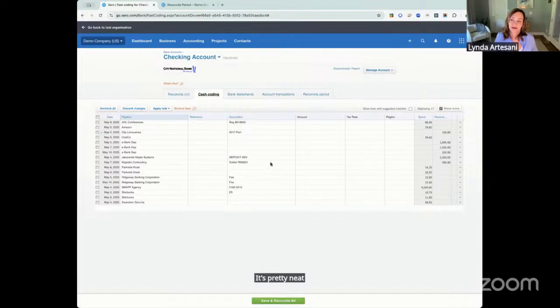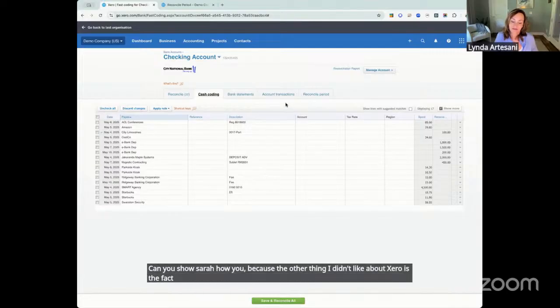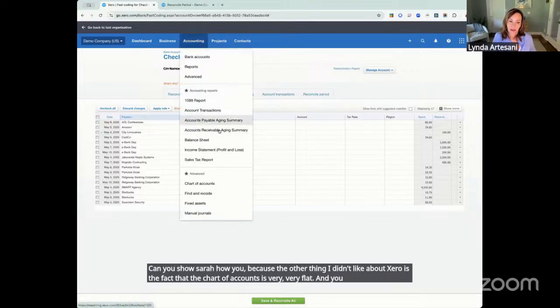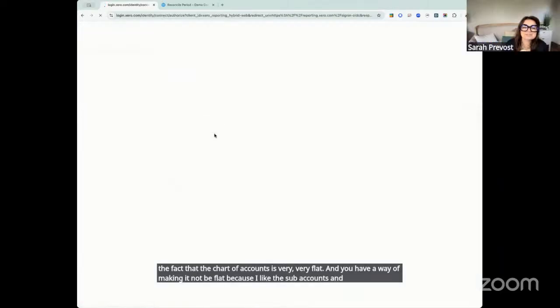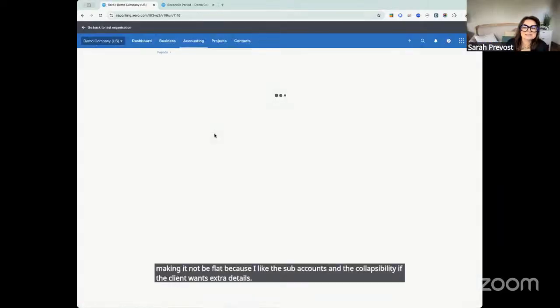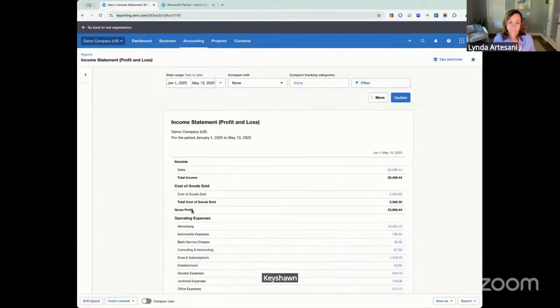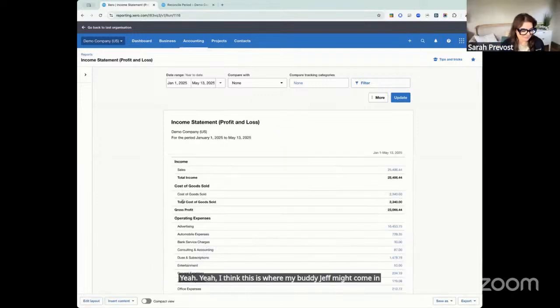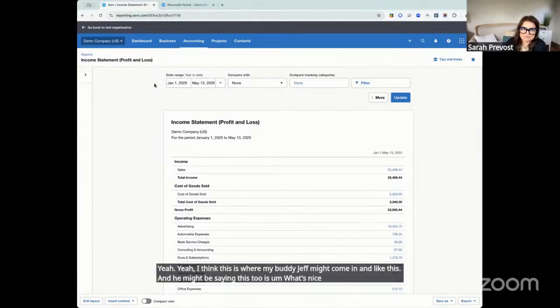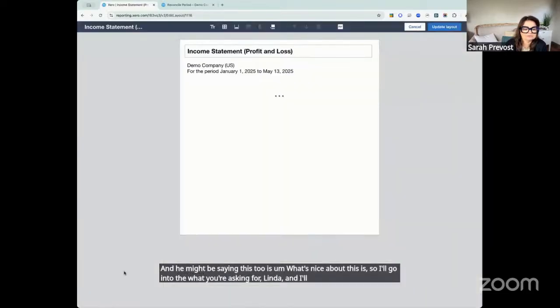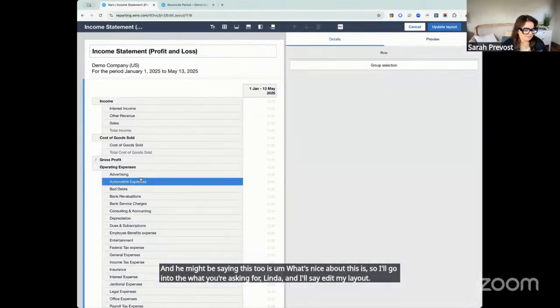Can you show Sarah, because the other thing I didn't like about Xero is the fact that the chart of accounts is very, very flat. And you have a way of making it not be flat, because I like the sub accounts and the collapsibility if the client wants extra details. Yeah, I think this is where my buddy Jeff might come in. What's nice about this is, I'll go into what you're asking for, Linda, and I'll say edit my layout. And let's just decide that